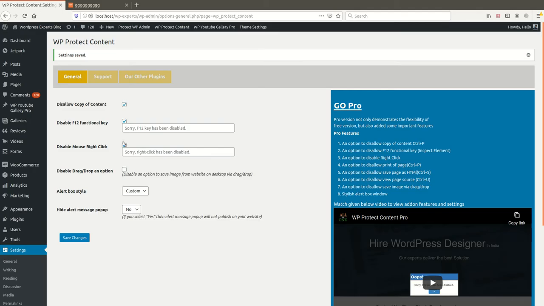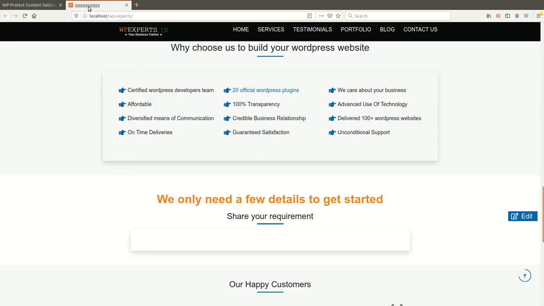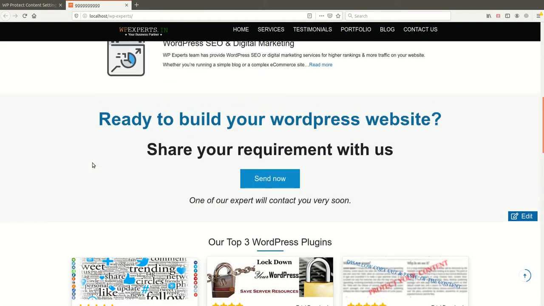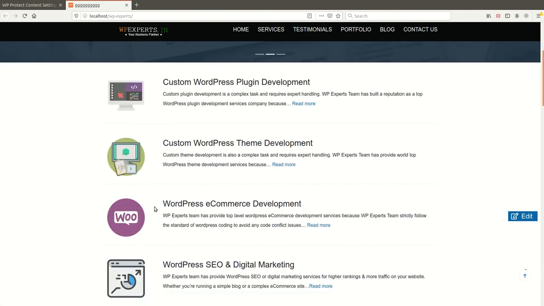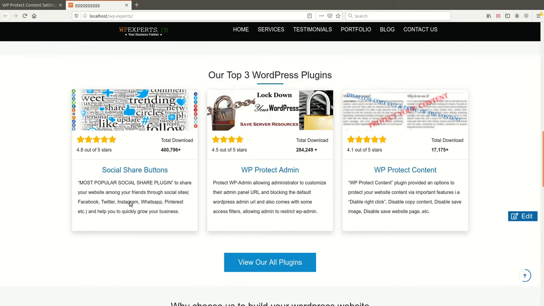You can use this right click option, and now I have to disable drag and drop. You may have noticed that sometimes a user can save your website image via drag and drop functionality.